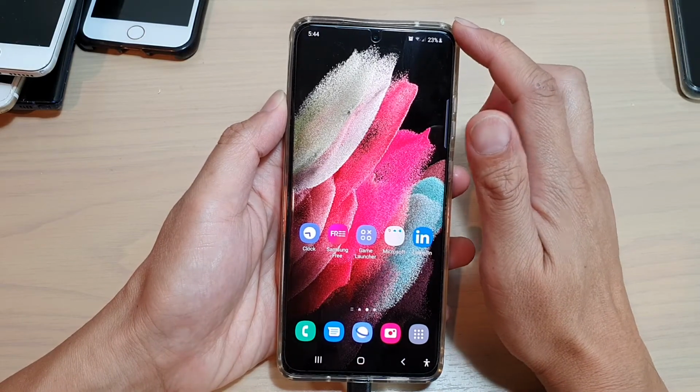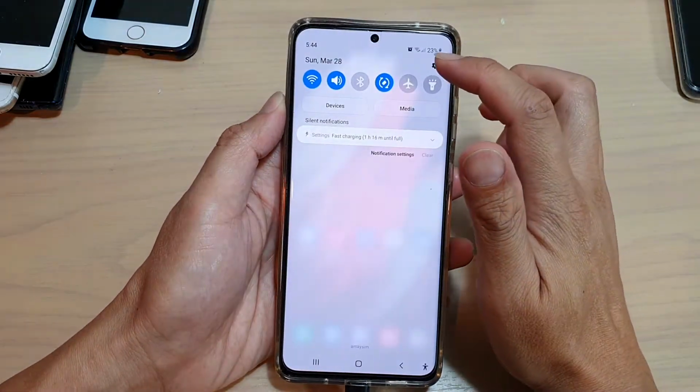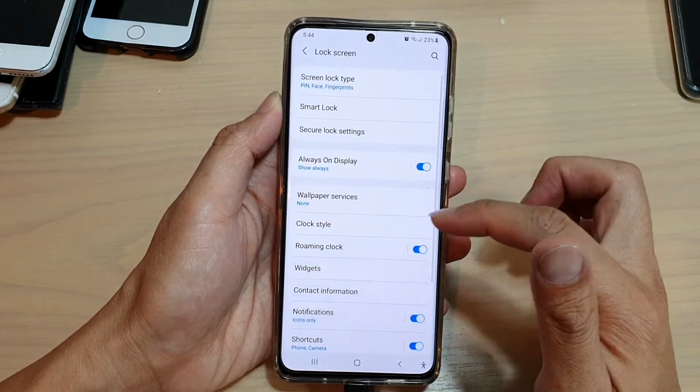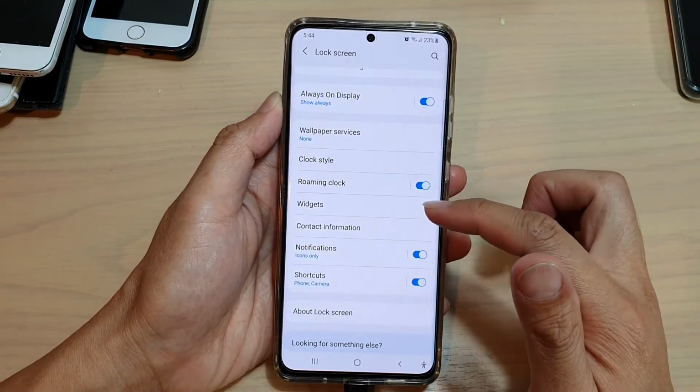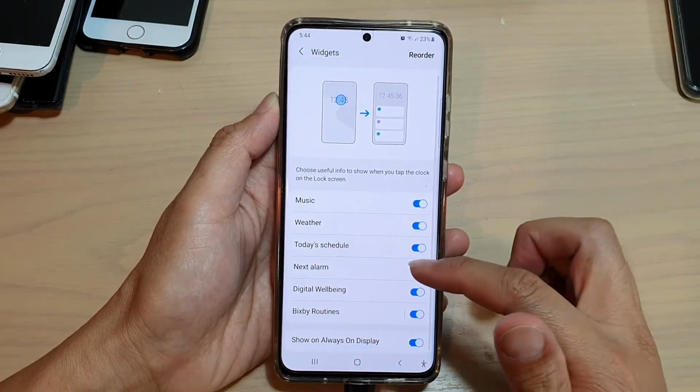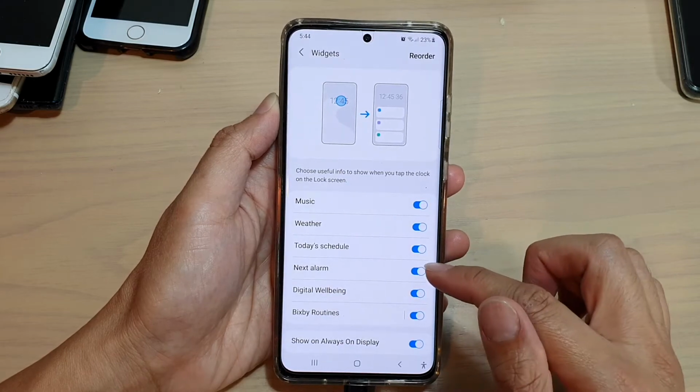Then we're going to swipe down at the top and tap on the settings icon. Next, we go down and tap on lock screen. In here, you want to go down and tap on widgets. And then in here, we're going to tap on next alarm,